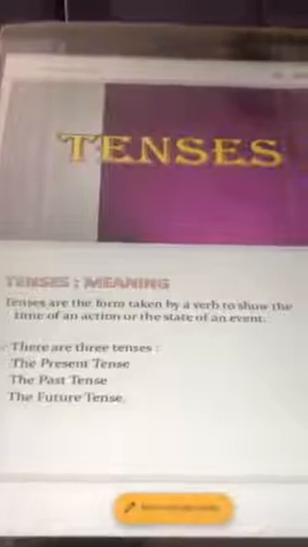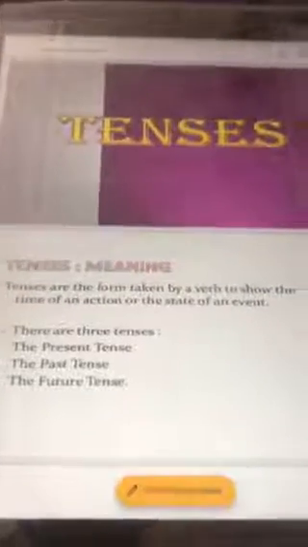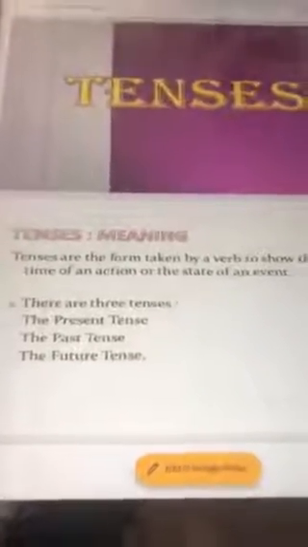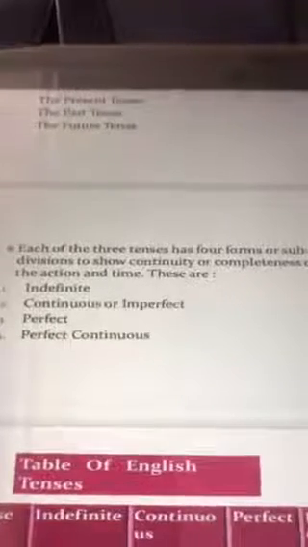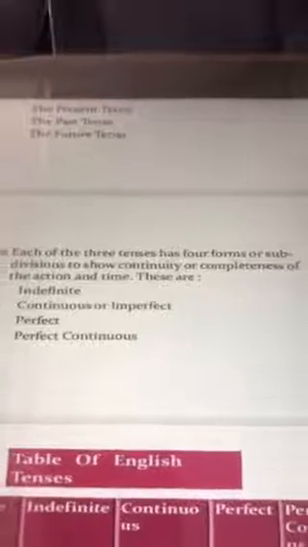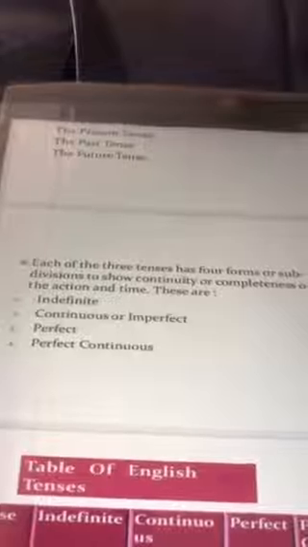Today we are going to study a very important part of English grammar, that is tenses. Tenses are the form taken by a verb to show the time of an action or the state of an event. There are three tenses. We all know present tense, past tense and future tense. Each of these three tenses has four forms, or subdivisions, to show continuity or completeness of an action and time. Each tense has been divided into four subparts, and these subparts are indefinite, continuous,